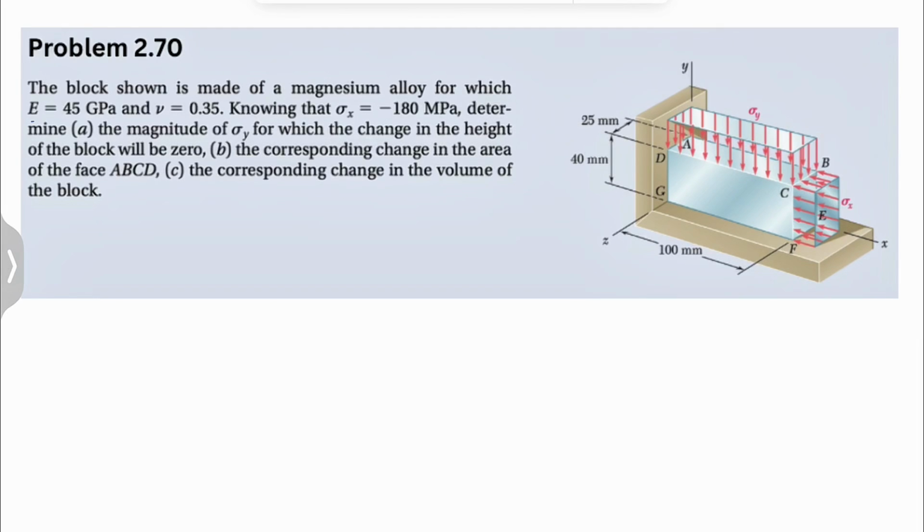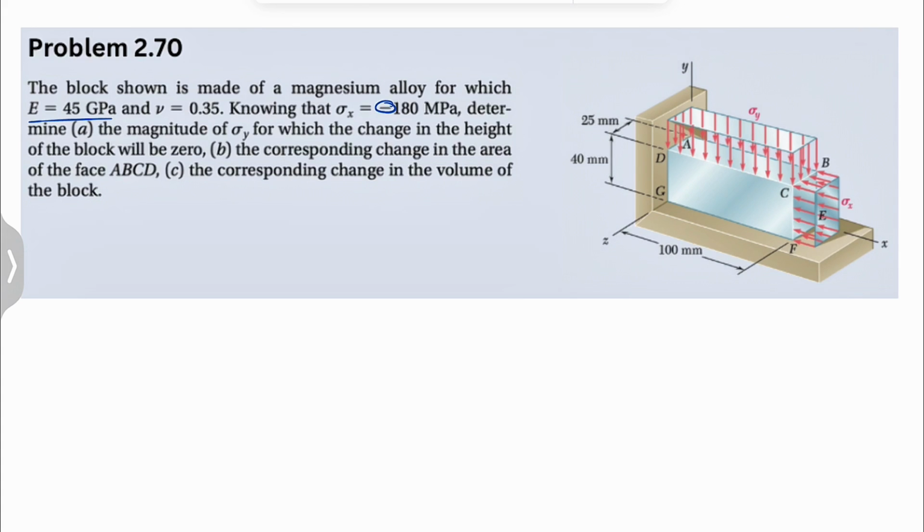Alright guys, welcome back. We have another question from the second chapter of Mechanics of Materials by Johnston. In this one we have this block that we can see on the right hand side, and it's made of a magnesium alloy for which the elastic modulus is 45 gigapascal. We have the Poisson's ratio of 0.35, and we know that sigma x is negative 180 megapascal,